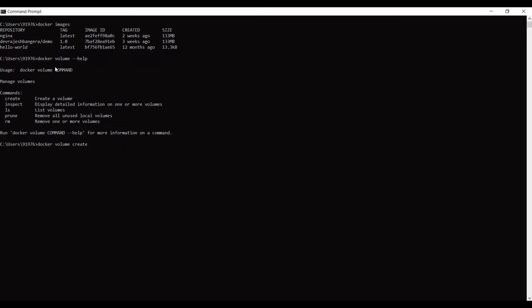I will name my volume my volume. Done. So the volume is created. Just to verify I will use the docker volume ls command. So here I can see that I have my volume created successfully.